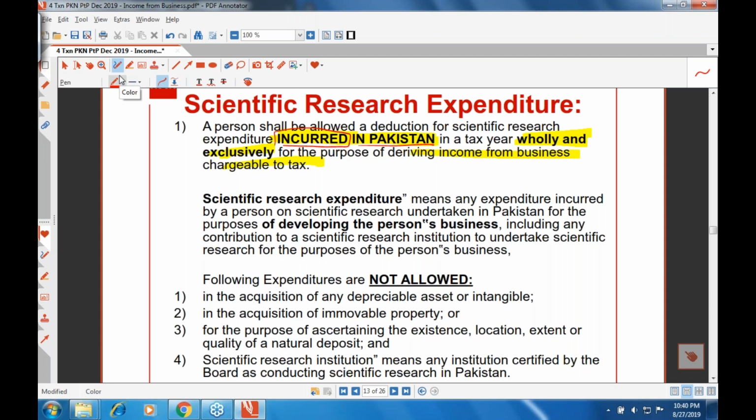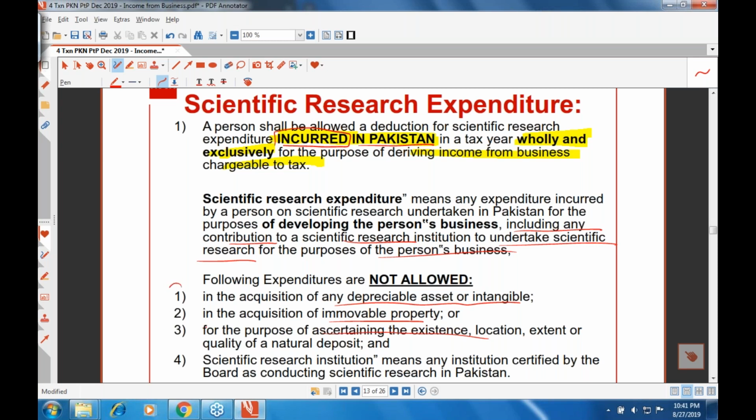And those restrictions are basically that any contribution to a scientific research institution to undertake scientific research for purpose of business, the acquisition of any depreciable asset or immovable property or purpose of ascertaining existence, location, so and so scientific research institution means what happens is,